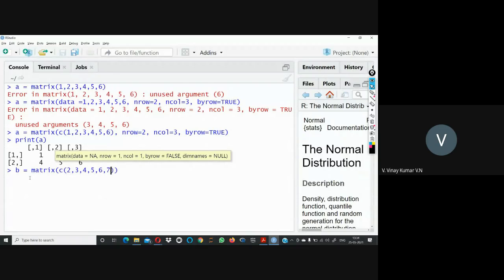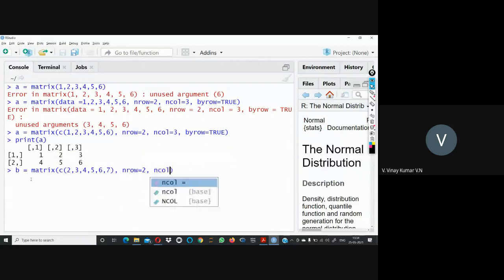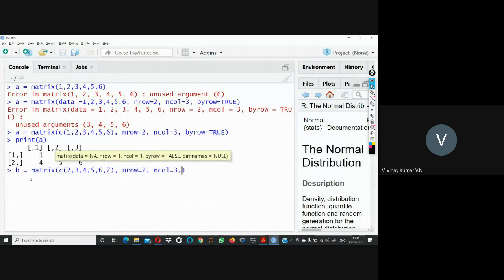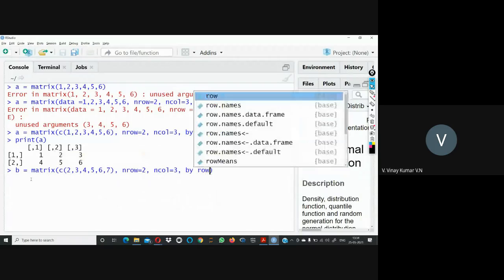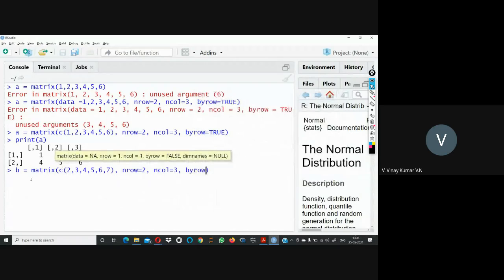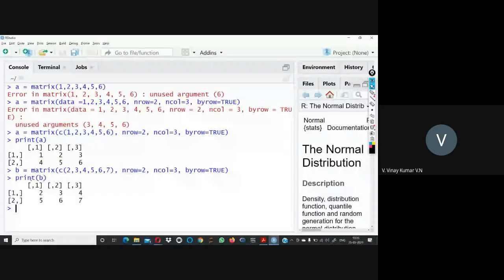So these are the elements I'm expecting for matrix B. Then the number of rows should be the same: I'm expecting 2 rows and 3 columns, and it should get filled by row, with the option equal to 2, all capital letters. That's it. So matrix B is also done.